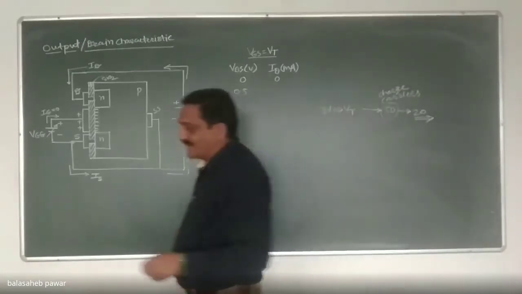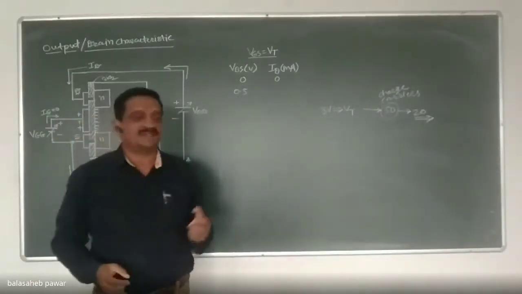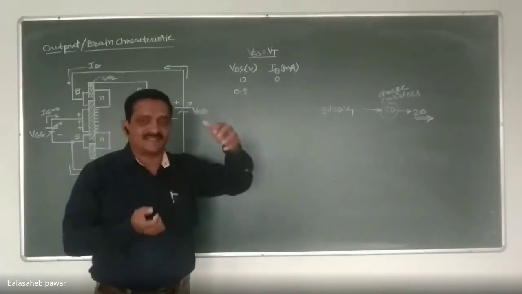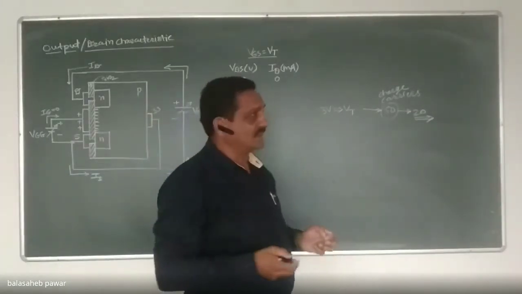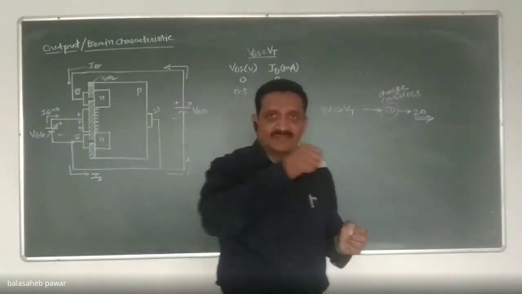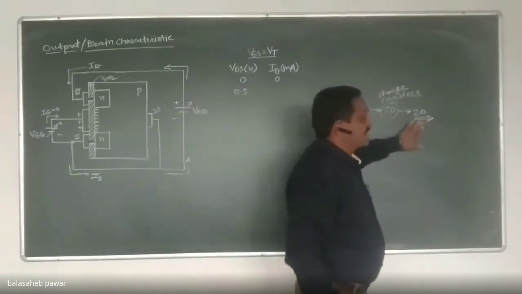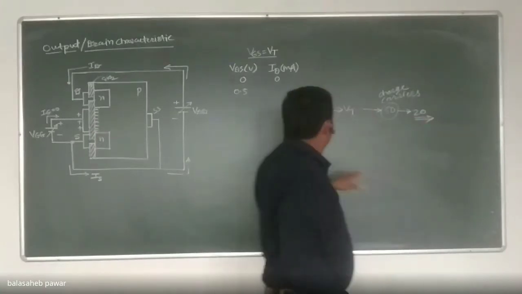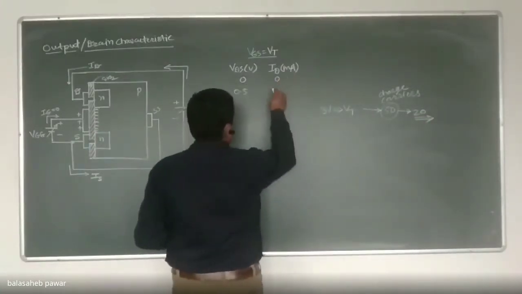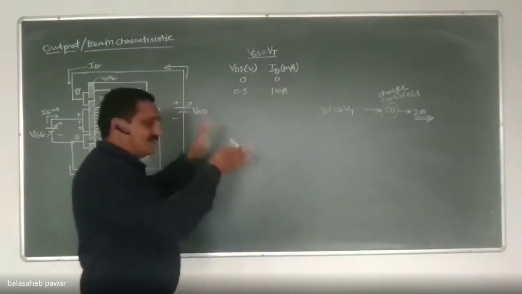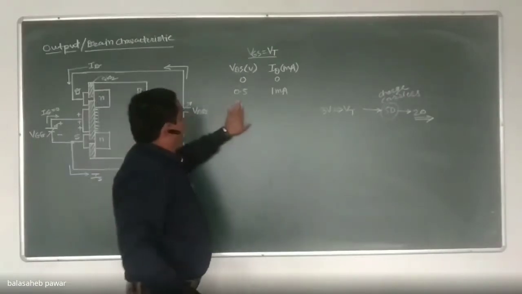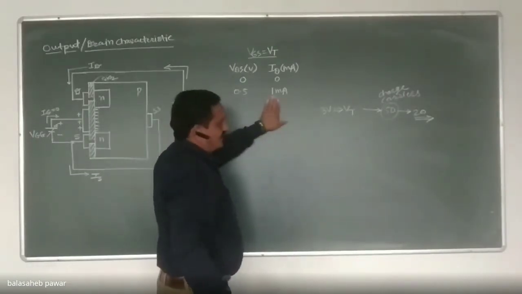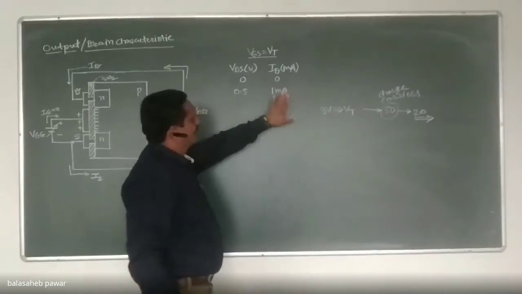Do you agree? Because the applied voltage across that channel is very, very small, only 0.5 volt, it is capable of forcing only 20 charge carriers. Whatever current flows, I will take as an example 1 milliampere. Don't correlate it with our previous example; this is only for your understanding. By this 0.5 volt, current flow is, suppose, 1 milliampere.